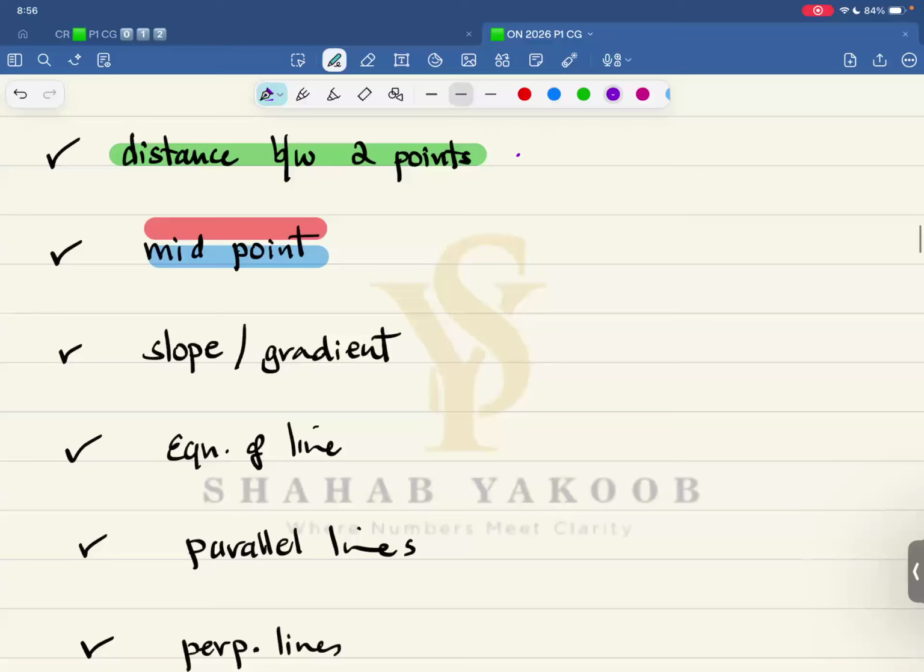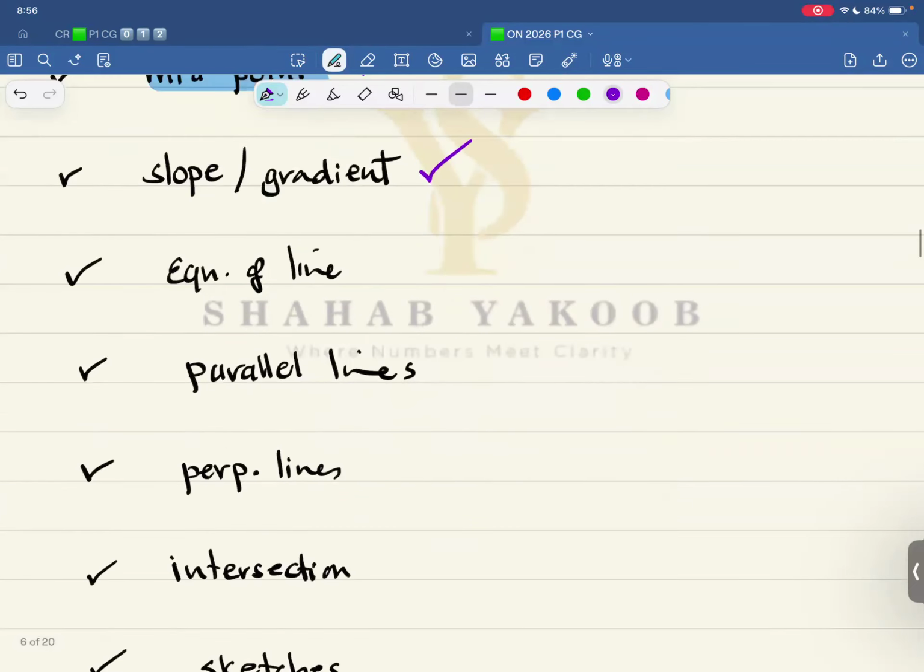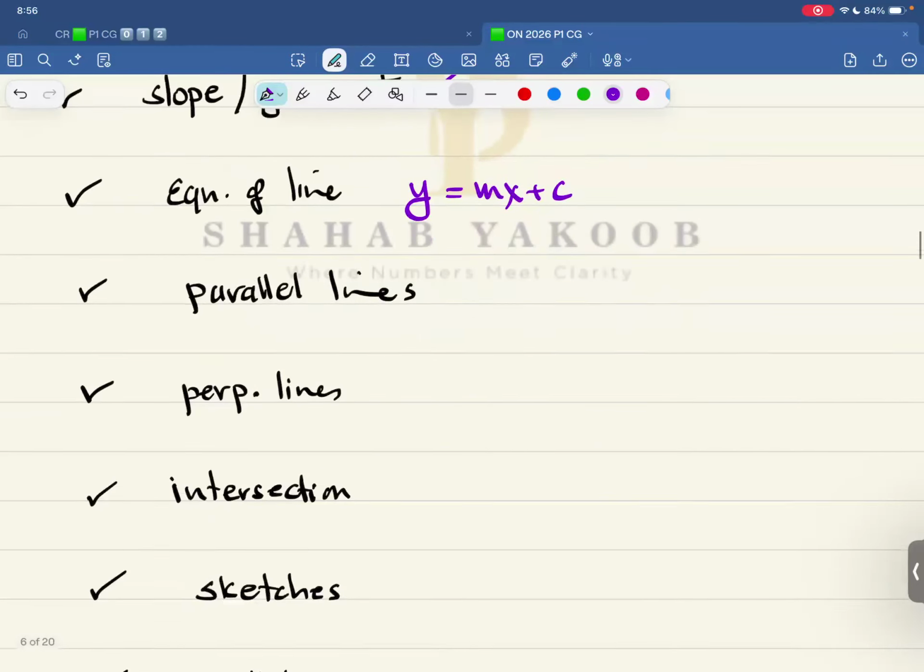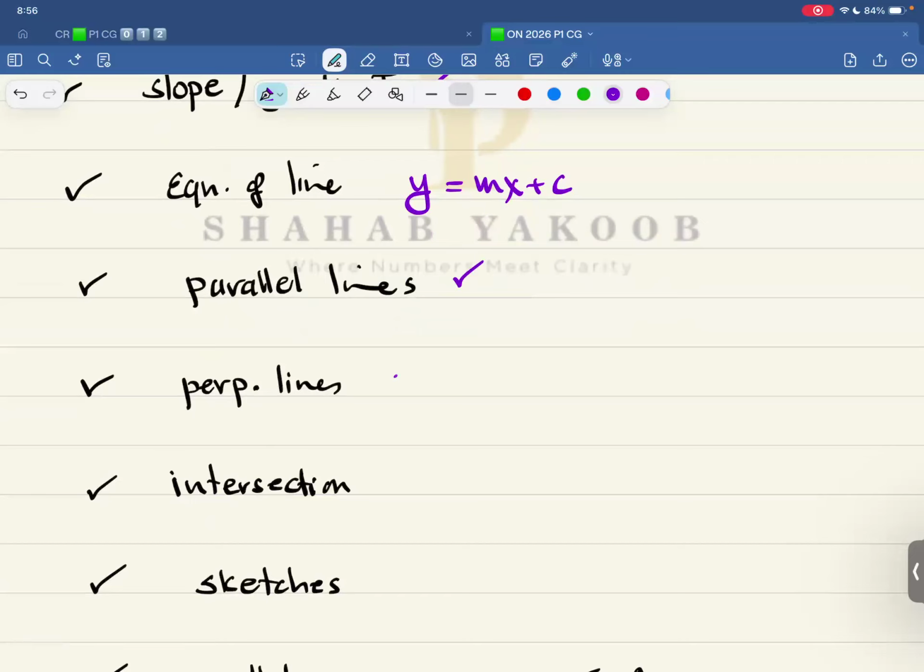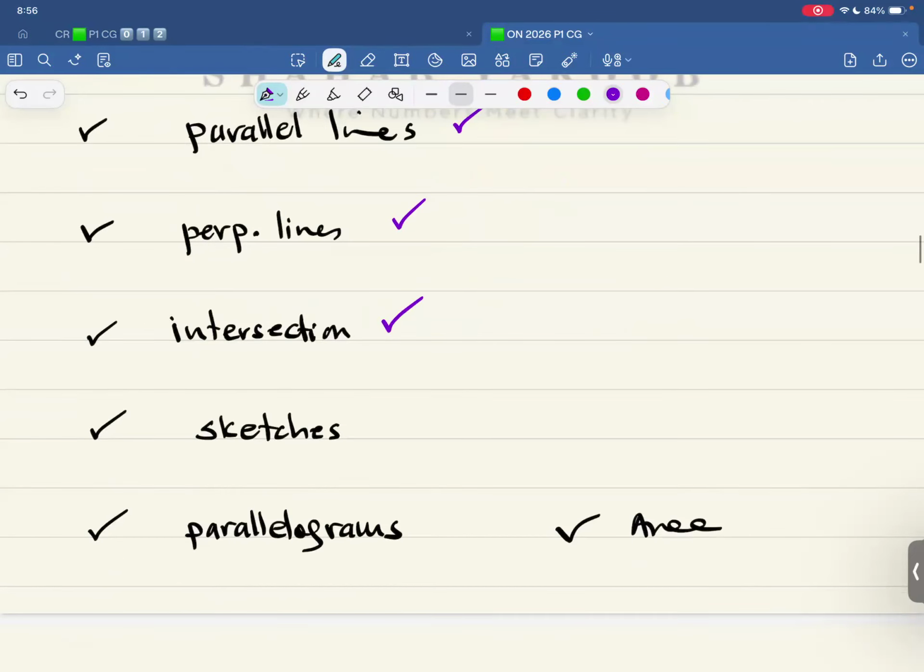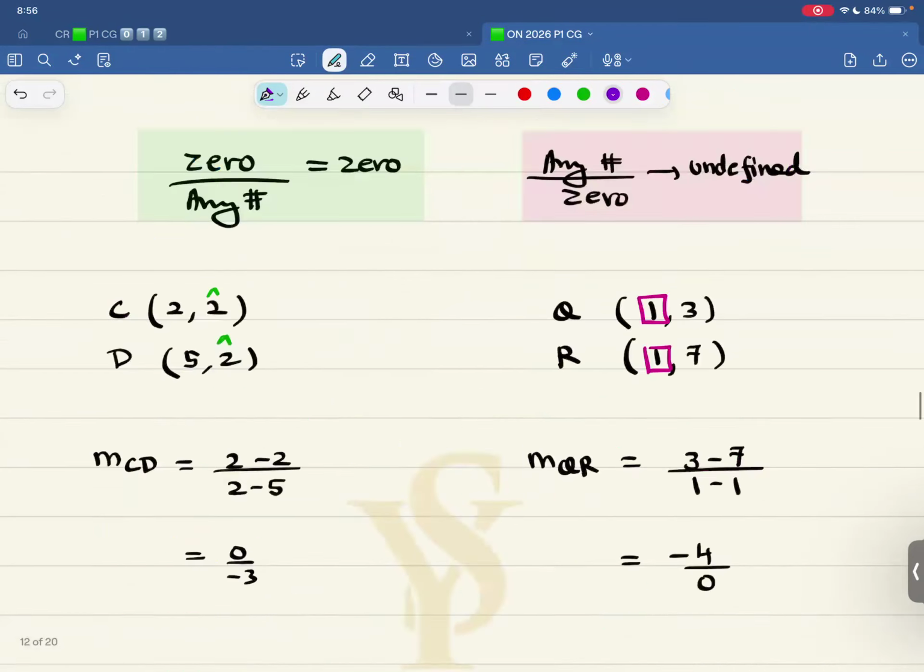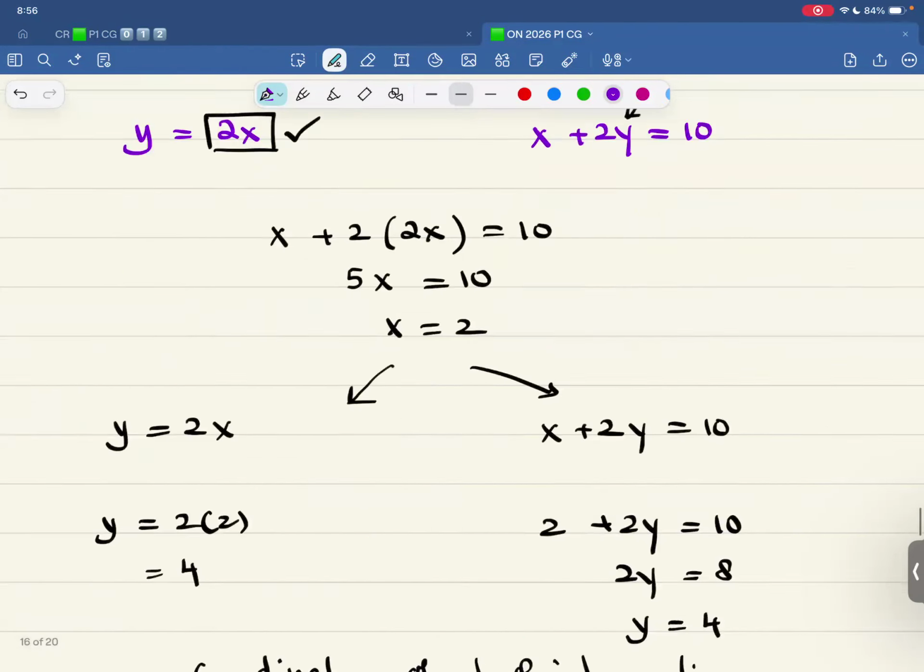We talked about distance between 2 points. We talked about midpoint. We talked about slope and gradient. We talked about equation of a line, y equals mx plus c. We talked about parallel lines. We talked about perpendicular lines. We talked about intersection. We talked about sketches. We also talked about area of a triangle based upon a sketch. And